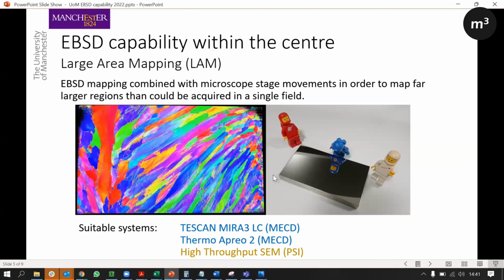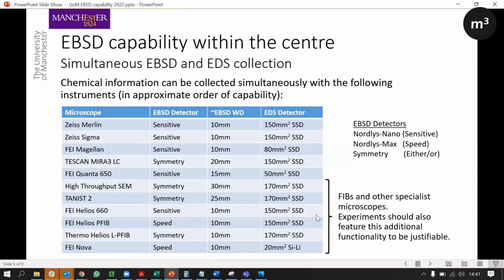Right, back to the presentation. So we have a number of systems that are capable of simultaneous EBSD and EDS, and this is a list of them in appropriate order of capability. At the top of the list, we've got our Zeiss systems that have got very decent EDS detectors, well tuned to the working distance so that we collect EBSD on these systems, and you can get some very nice simultaneous maps. And at the bottom of this list, we have the systems that are better suited